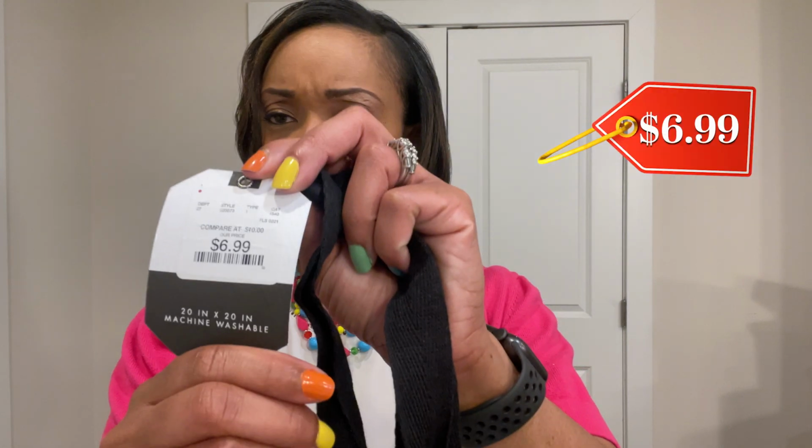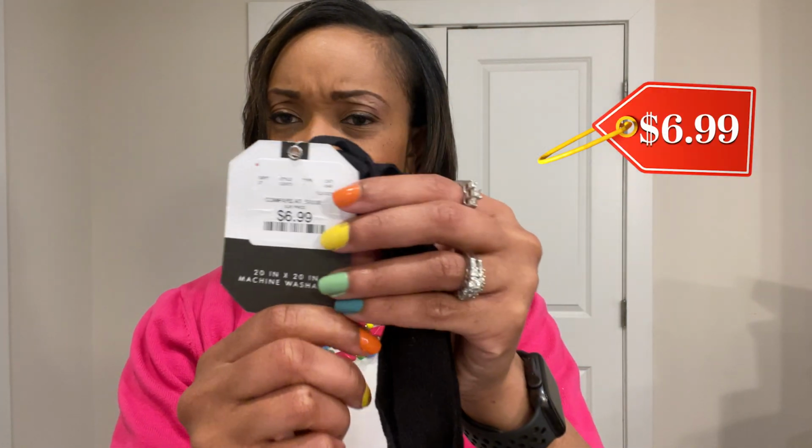Up next we have napkins. Sometimes you want to incorporate napkins within your scene, maybe with a stack of plates, or even if you're doing slices of cake. So here are a few options for napkins. The first set I purchased from Home Goods. They were $6.99, and I actually purchased this print back last year,